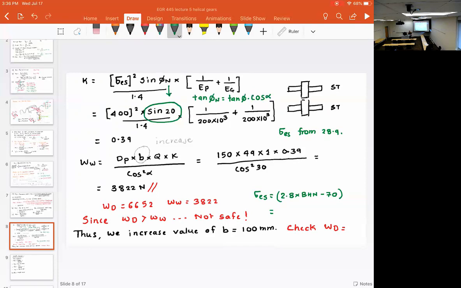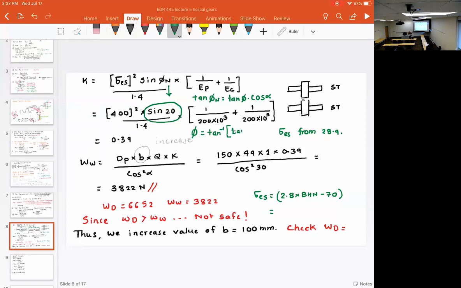I just used phi n equal to phi, but that's not the case. In this particular equation, you need to substitute the value of phi n, and phi n is tan phi multiplied by cosine alpha. So it's going to be phi is equal to tan inverse